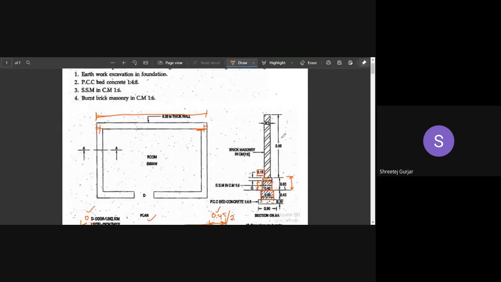So 6.3 is the center line of your long wall, and 0.3 is your wall thickness. So 0.3 by 2 plus 0.3 by 2, we add half of our wall thickness on either side and you get your length. There are two long walls, thickness is 0.3, and the height of the wall is 3 meters, as mentioned. Multiplying all these four values, I get 11.88.